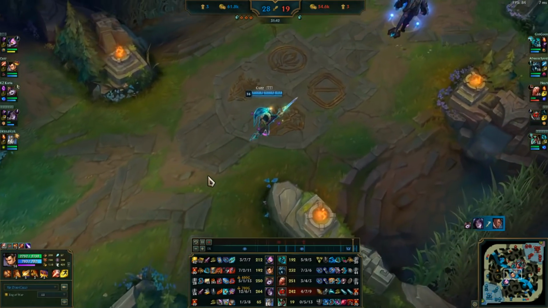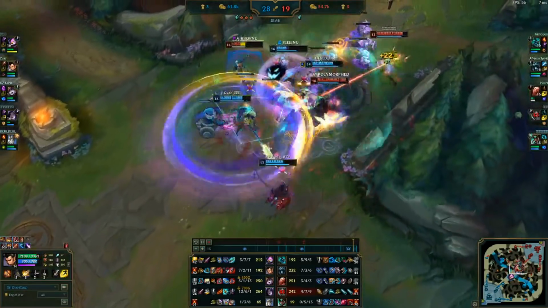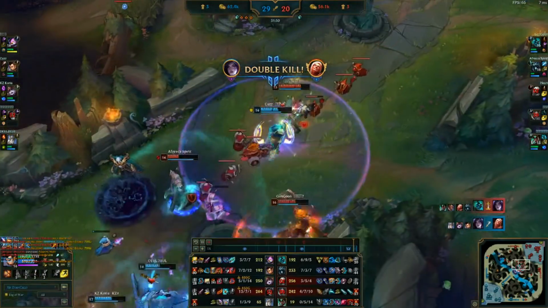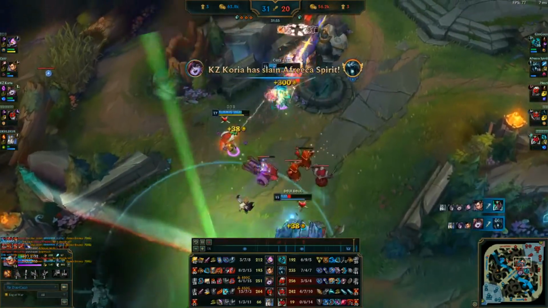Okay, so Triple Inferno, they have the Dragon, and they have the Baron at this point, so just look to group up, look to fight. You don't need to do anything else at this point in the game than just group and try to end the game. Notice how he just runs right down mid after basing, doesn't go into his jungle,